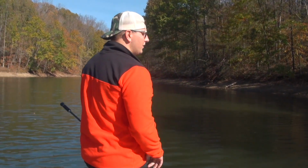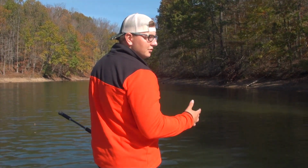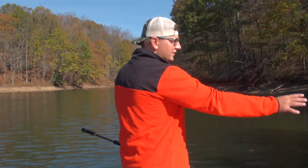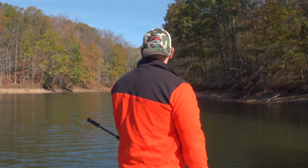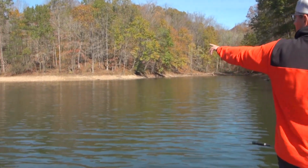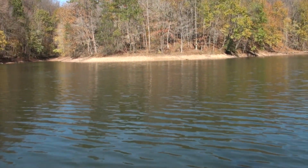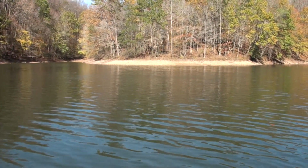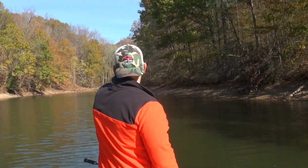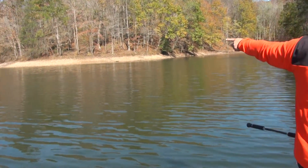So right now what I'm doing is I got the trolling motor on medium to low speed. I don't want to make a whole lot of noise. I'm riding this right hand side of the cove, and where I think a big one might be sitting is right here somewhere on this secondary point. So I'm gonna sneak all the way down and around and put the boat right up on the bank,